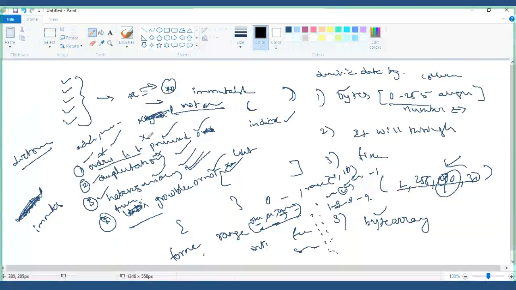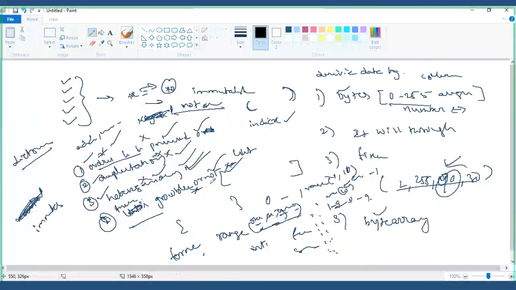Now we'll discuss it. Is order preserved or not? Yes, preserved, obviously. Duplications allowed or not? No, not allowed. Heterogeneous? No chance, all are integers. Is it growable or not? No, it is fixed. Whatever values you have told, only that much should be there. So that is called range. Now we have finished all the data types and we have reviewed them as well.